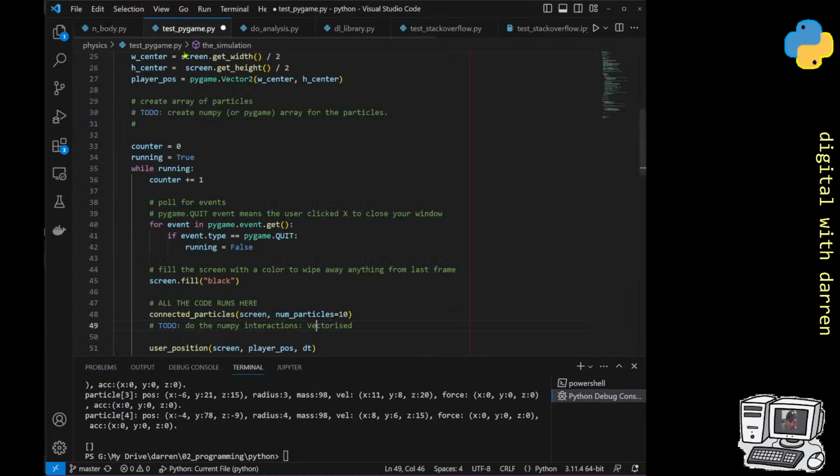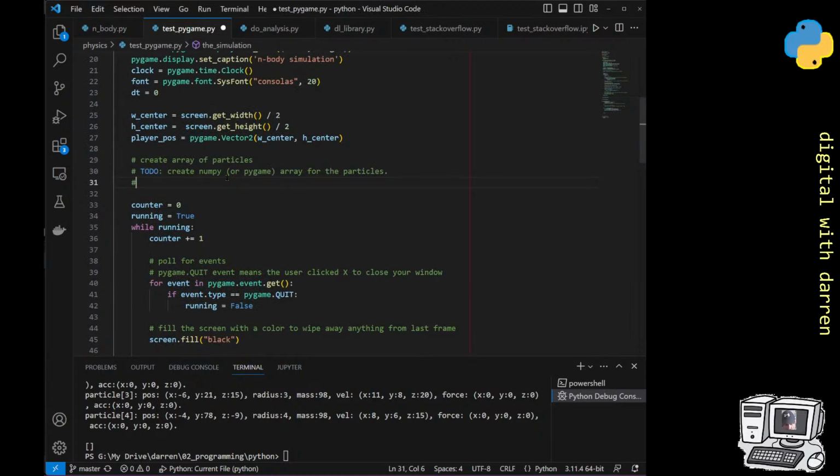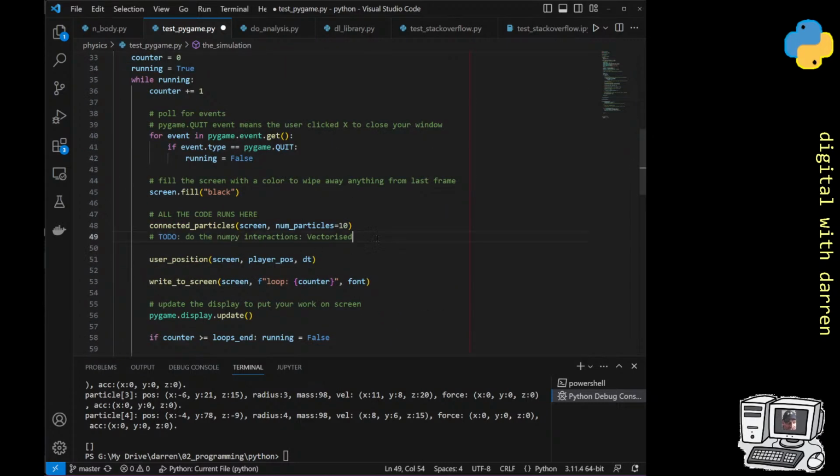So I think I'm going to leave it there. That's it. A lot's done. I know what I need to come back to. I need to be able to create an array for the particles. I will also do some testing though, because maybe I can do